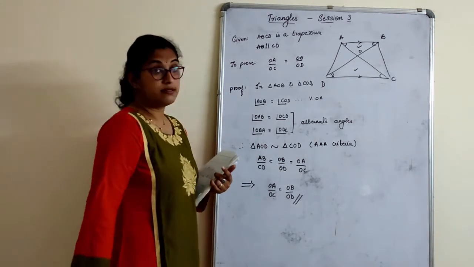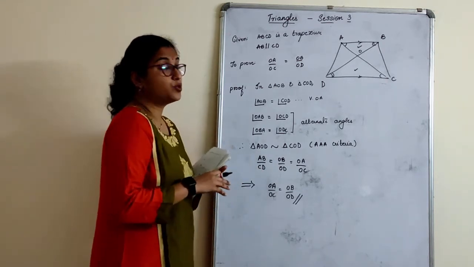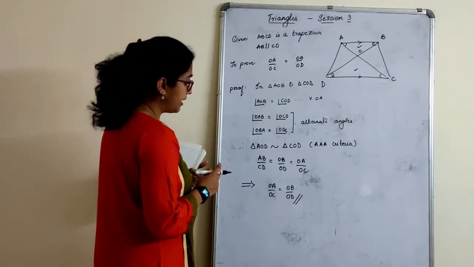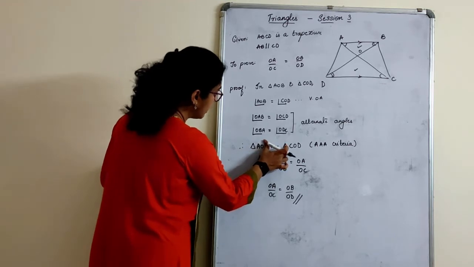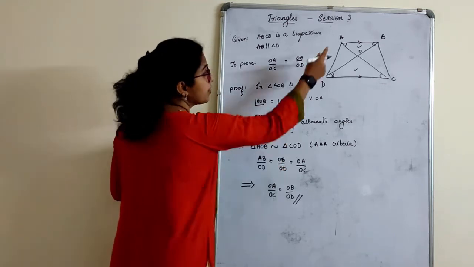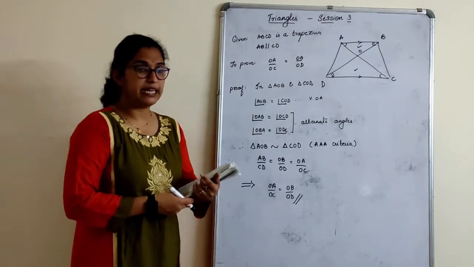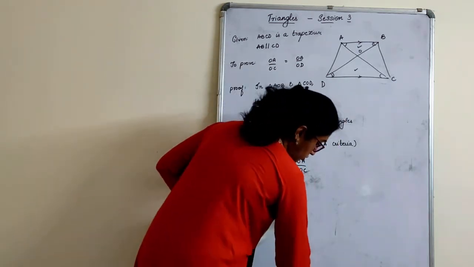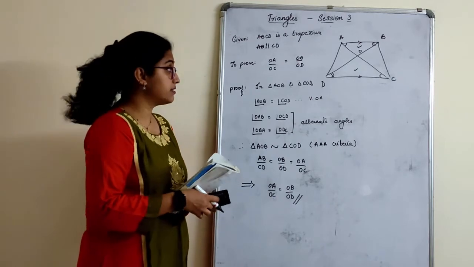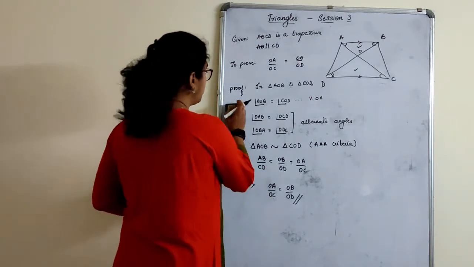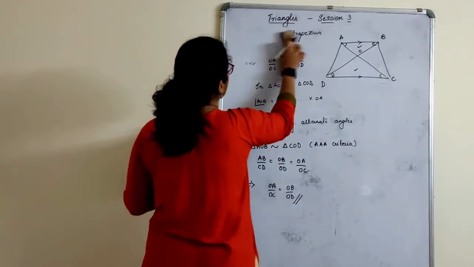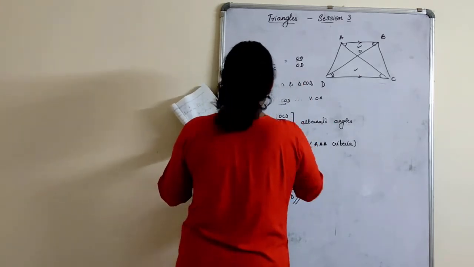So this is the method to prove the similarity of triangles. It is triangle AOB, right? Triangle AOB, either by AA criteria or by AAA criteria. So let's move on to the next one. You can try yesterday's problem in this method, the first one. We'll move to the fourth one now.